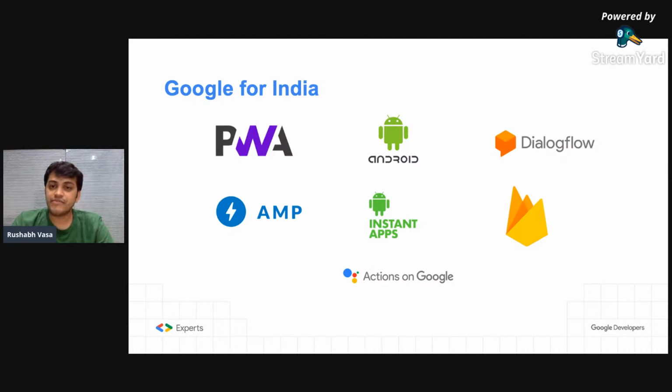So it's called Accelerated Mobile Pages. Most of the news websites and media websites have now started using AMP. You can combine AMP and PWA as well, where you can create a low-bandwidth, fast experience for your user. That's very important. Android, of course, we are an Android-first country. 95% of users in India are using Android, so that's very important.